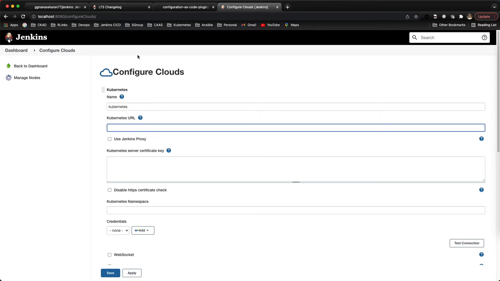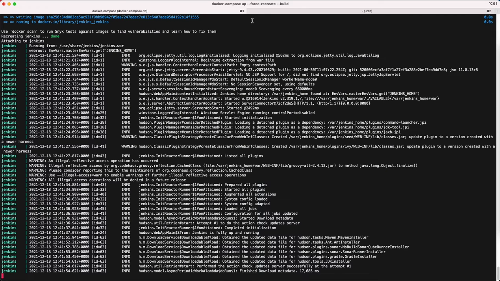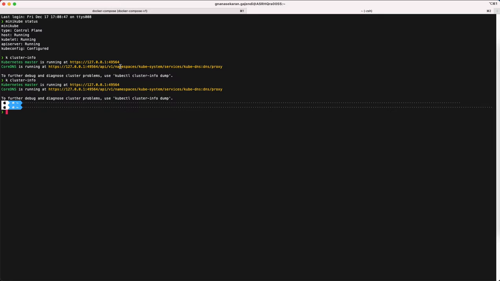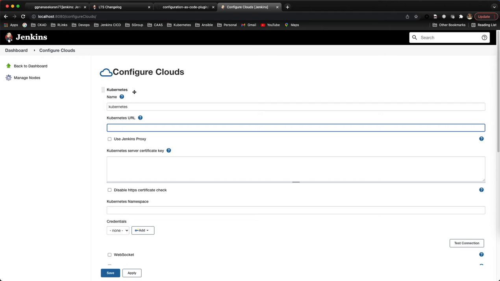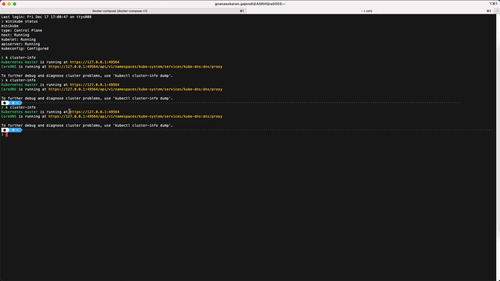So if you take a look at the cluster info, my Kubernetes API server is listening on my Mac at port 49564. That means from this Docker environment I have to reach my Mac laptop.